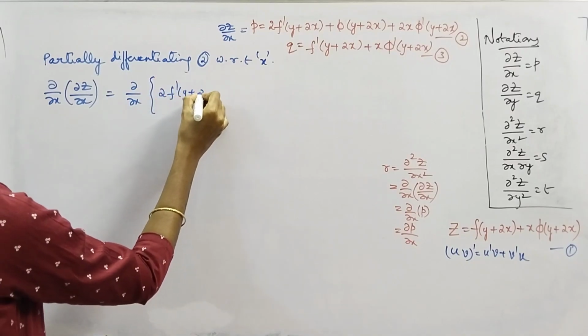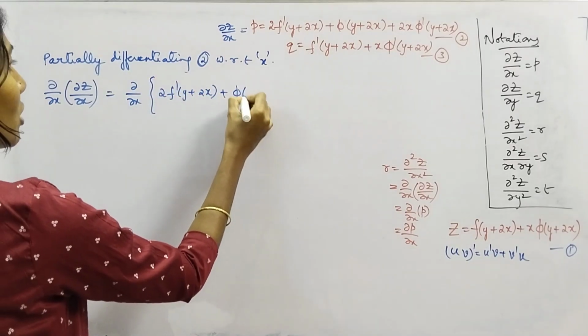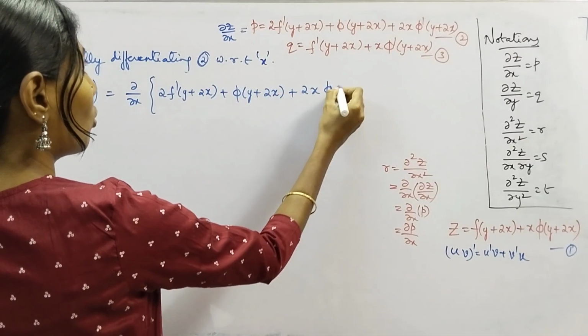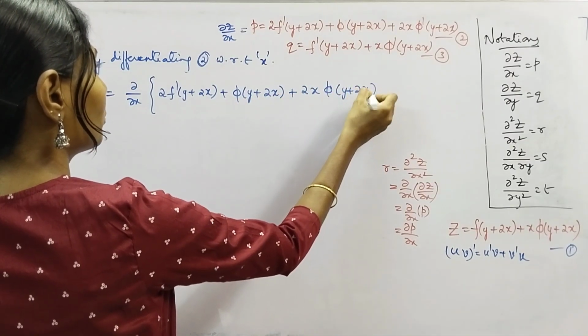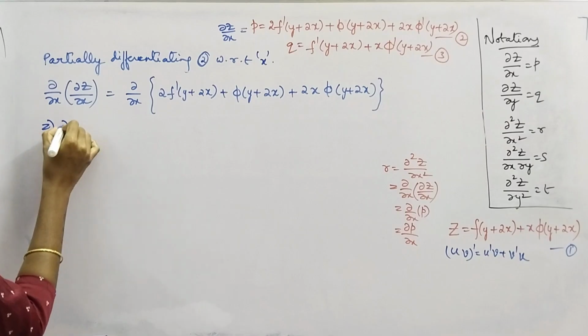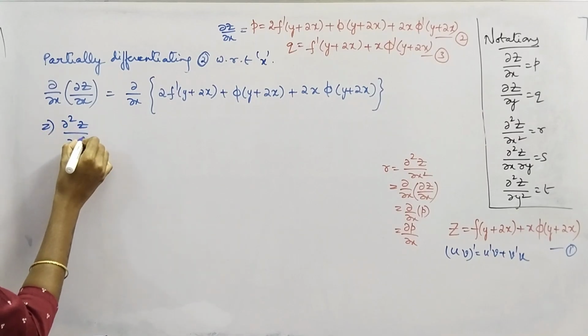2f dash of y plus 2x plus 2x into phi of y plus 2x, right? Fine. Here we are partially differentiating with respect to x, so we'll take y as constant. Okay, we'll just consider y as constant here, right? This gives us dou square z by dou x square equal to